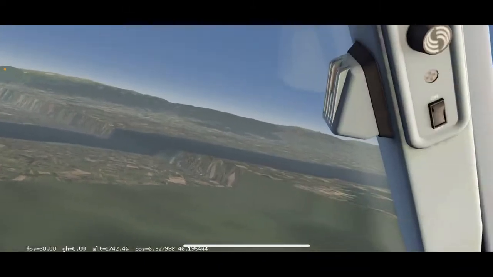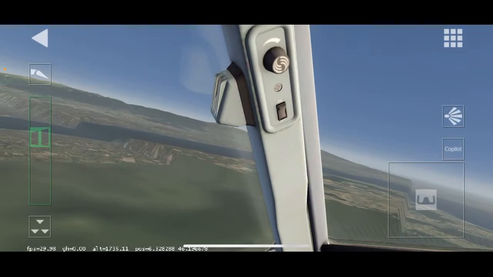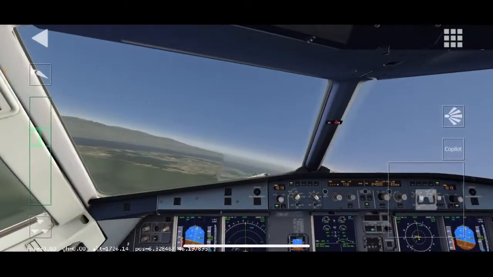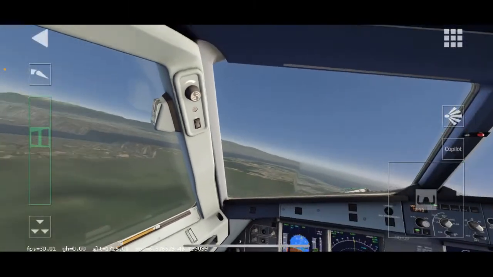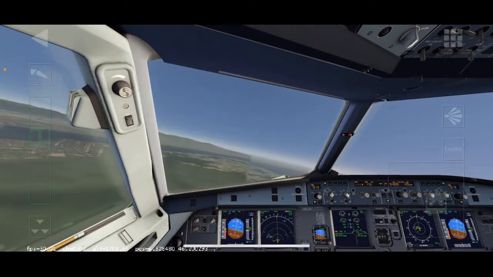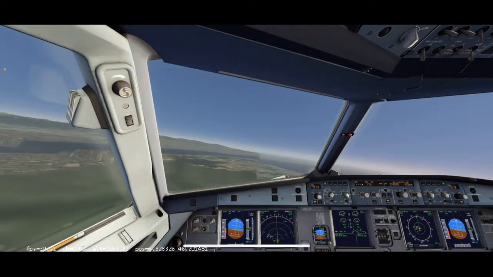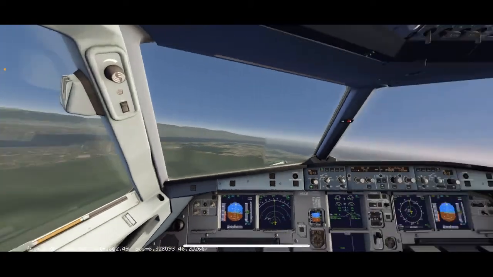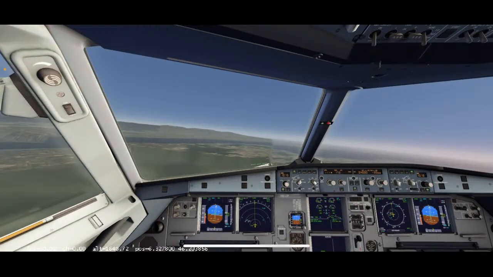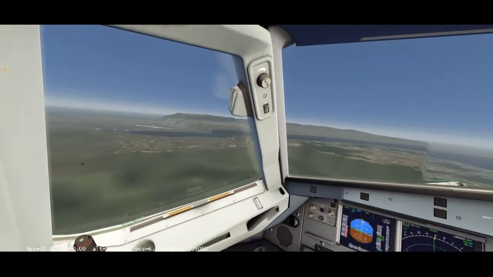Put flaps 1. That should help you descend. We got auto flaps right now, so he's helping us out based off of our position. But if we're good right now, actually, I'm just gonna do a manual descent and landing with the auto throttle on. We're gonna manually land this aircraft.